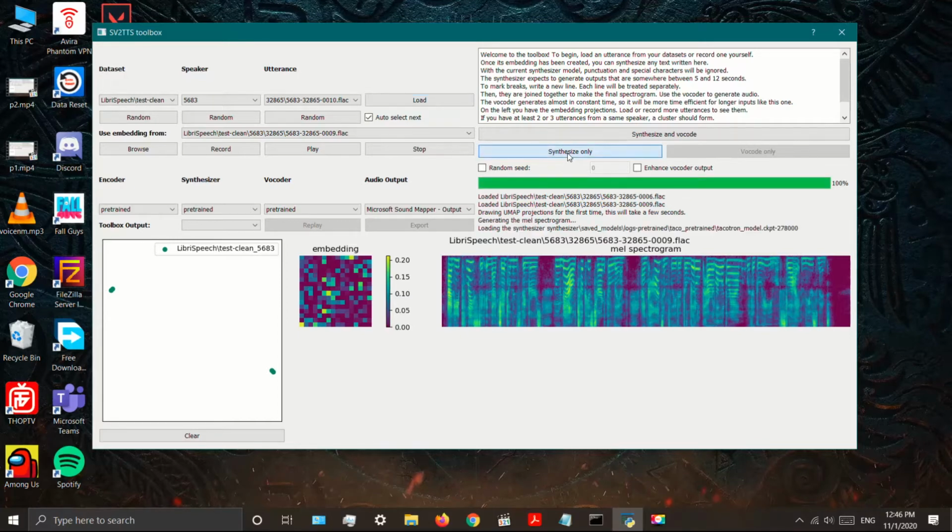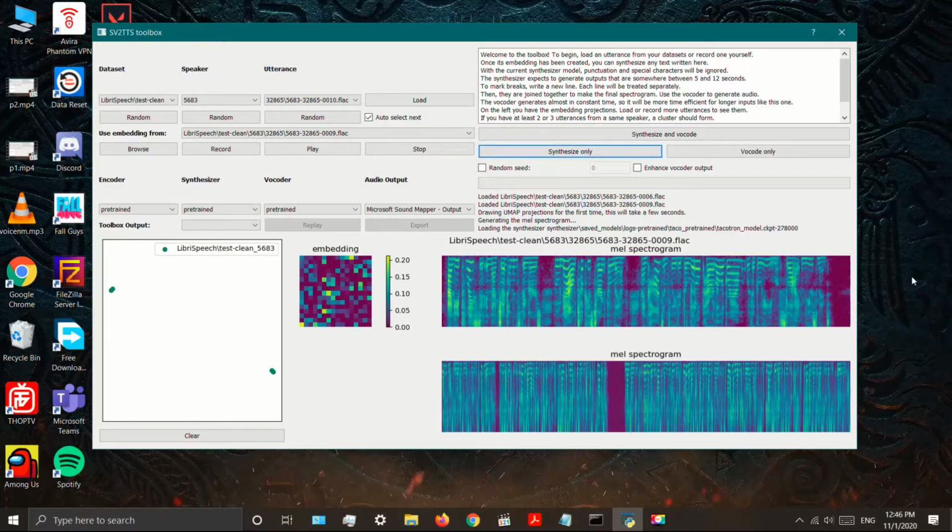After clicking on the synthesize only option, it will create a MEL spectrogram for the synthesized voice. As we can see, a MEL spectrogram for the synthesized voice has been created.